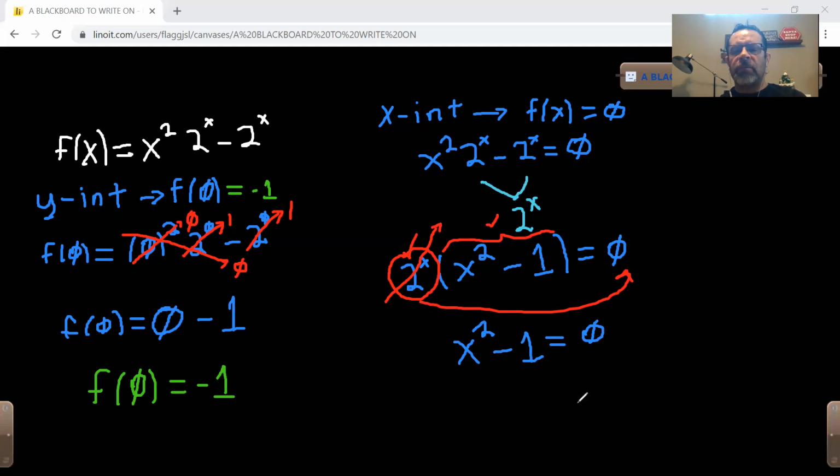And this is the same as having x squared equals 1. And if we apply the square root on each side, that means that x is going to be equal to plus minus 1,